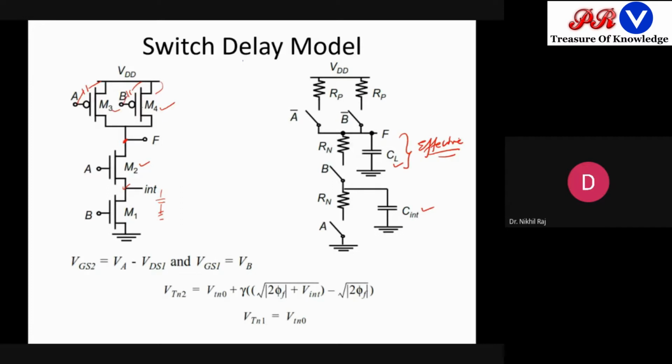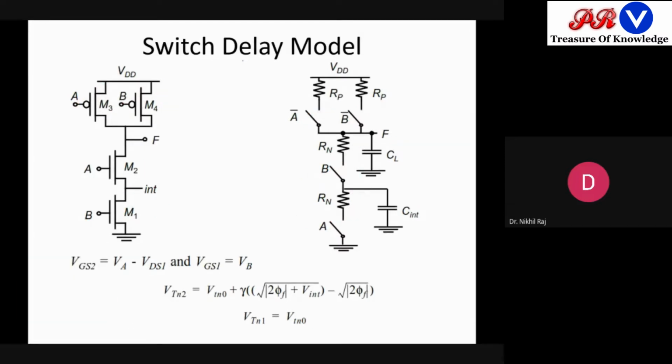So in this, what happens whenever logic A and B are both 1? This switch and this switch will connect together, and whatever the stored charge at CL is, that will get passed through RN to RN, and then it will discharge. And when both are zeros, this will get switched off and these two will get connected, and whatever supply is there will travel through RP, and it will get charged up to the CL value. Okay, so this is the operation.